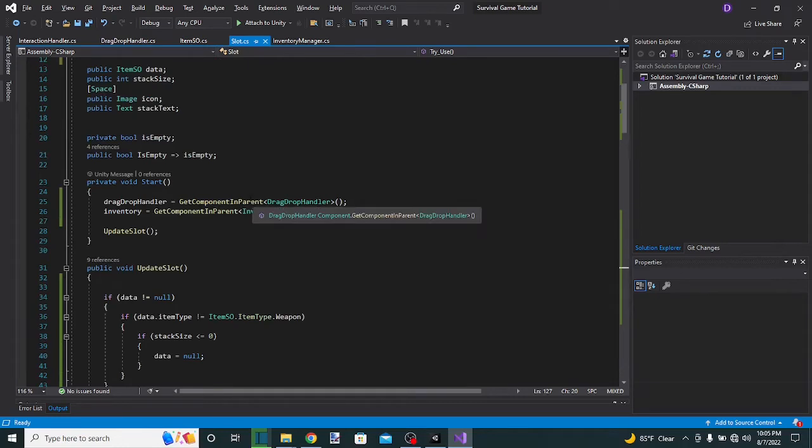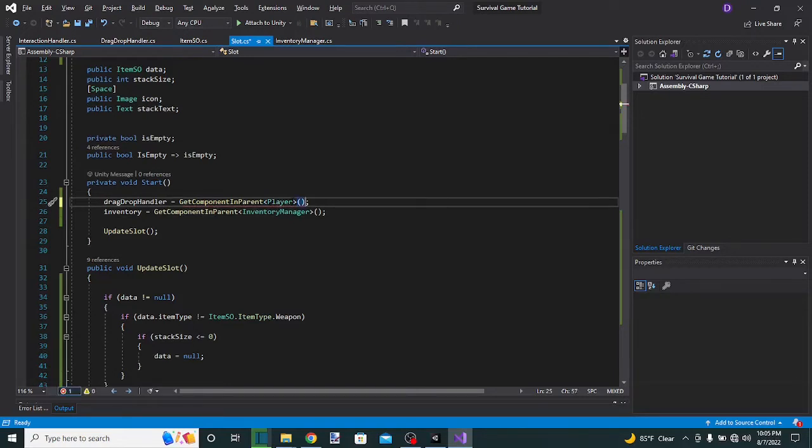Over here where we get the drag drop handler, we're going to change this from drag drop to player, and then after the parentheses we're going to dot get component in children drag drop handler,